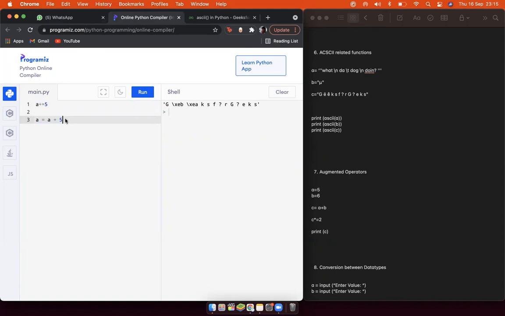Okay. Moving on. Where are we? Yeah, augmented operators. So where will this come in use?